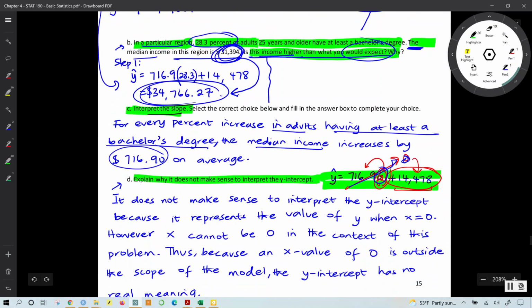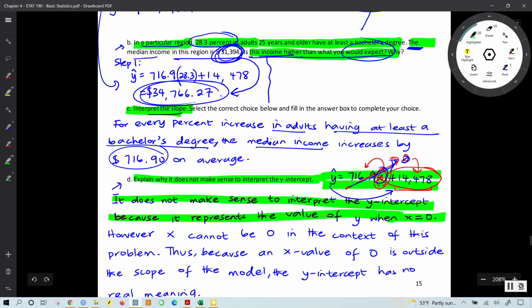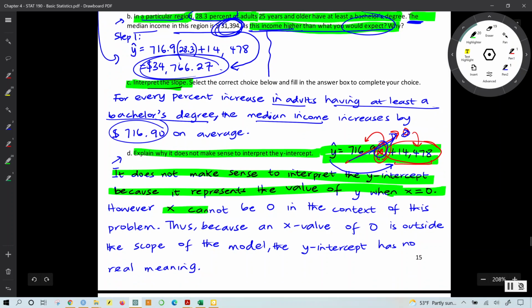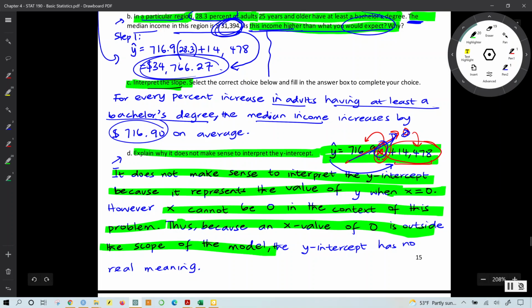Well, that means that if x cannot be 0, the result we're getting is based on something that cannot happen. So, in that sense, it does not make sense to interpret the y-intercept because it represents the value of y when x is equal to 0. And as we have just argued, x cannot be 0 in the context of this problem. Thus, because an x value of 0 is outside the scope of the model, this y-intercept, which is a derivative of that assumption, has no real meaning,